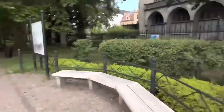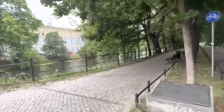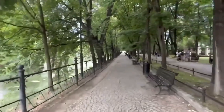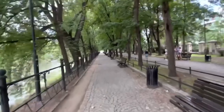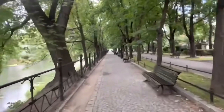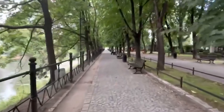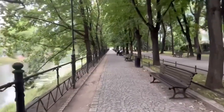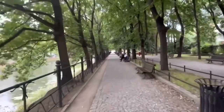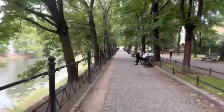When I finally get to the river, it's the River Oder, which runs east to west from here out towards the German border, and when it reaches the German border, it becomes the German border, turns north, and eventually discharges into the Baltic Sea in the very north of Poland and the north of Germany. I can't remember the name of the city right on the coast there. I can't, Koszalin, something like that. I can't remember quite how to pronounce it, but yeah, it's a long old river,